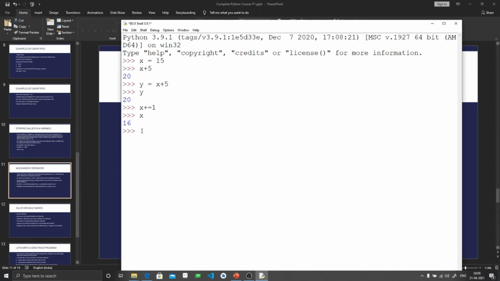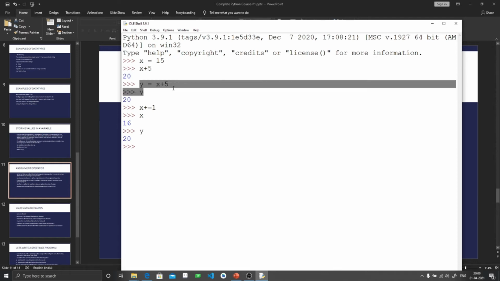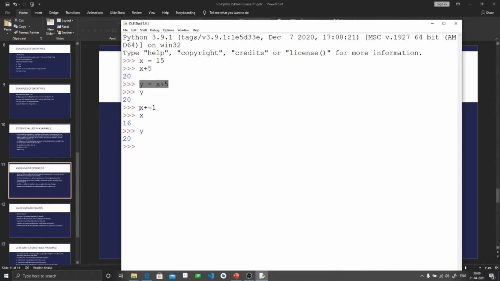And if you now print y, the same value will come, because I did this calculation before assigning the new value. So y still stores 20. It didn't get the new value because this line is after this line.